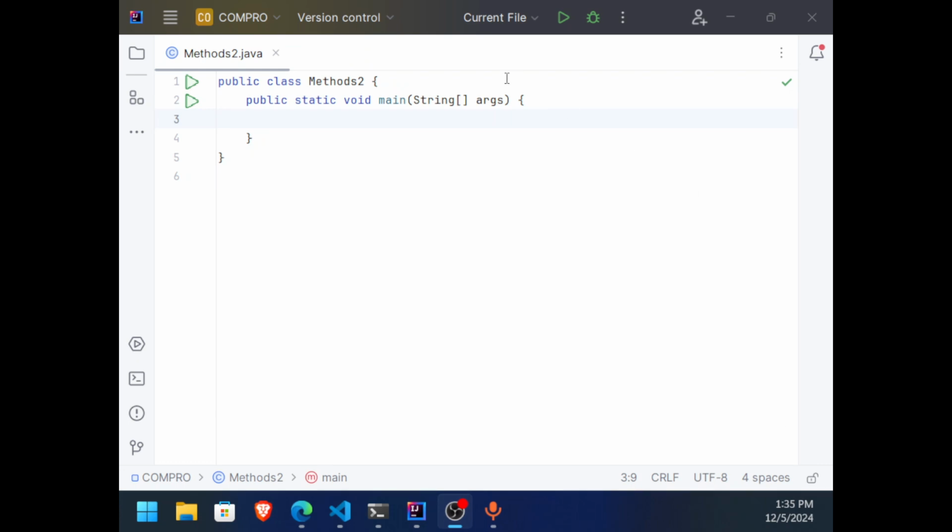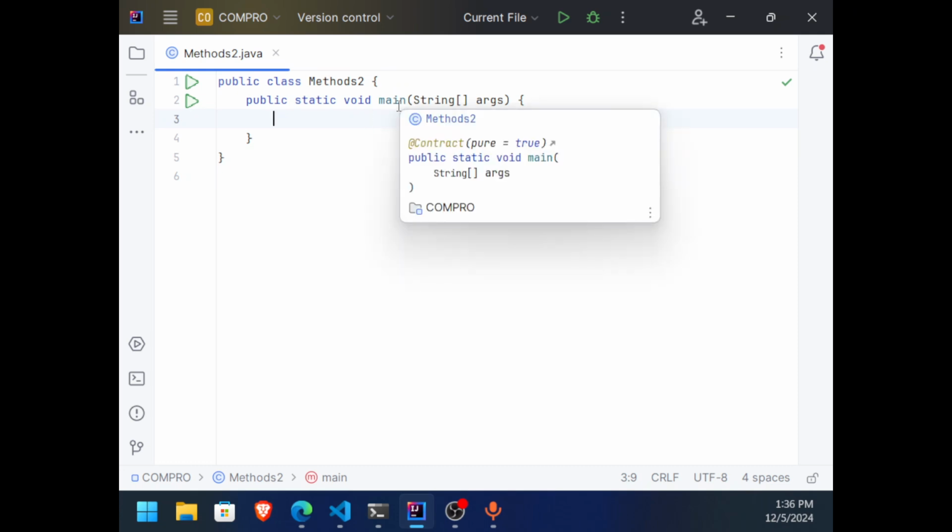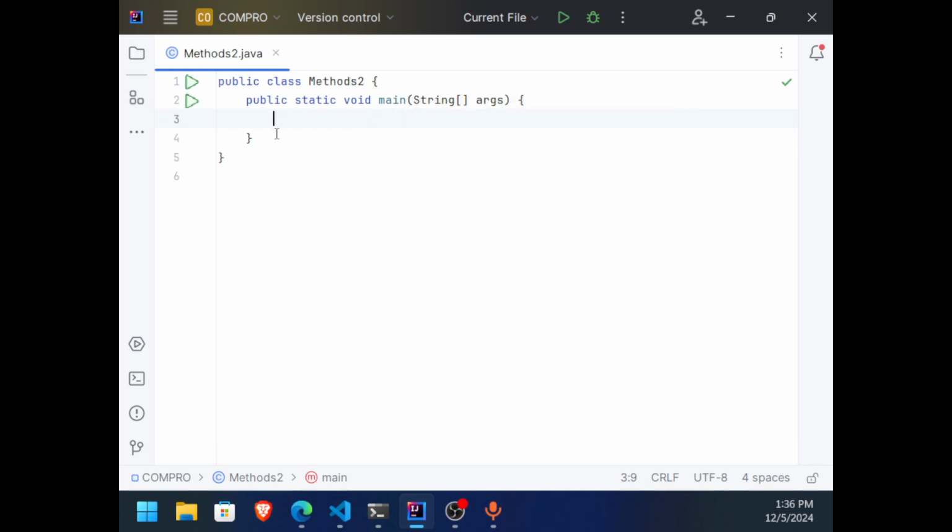Continue discussing methods. So in programming, we have learned that methods make our life easier as programmers because they help us properly organize our potentially long code into smaller modules, to make our program more maintainable and avoid recoding a set of statements or instructions that are repeated. That's basically the advantage of using methods in programming.